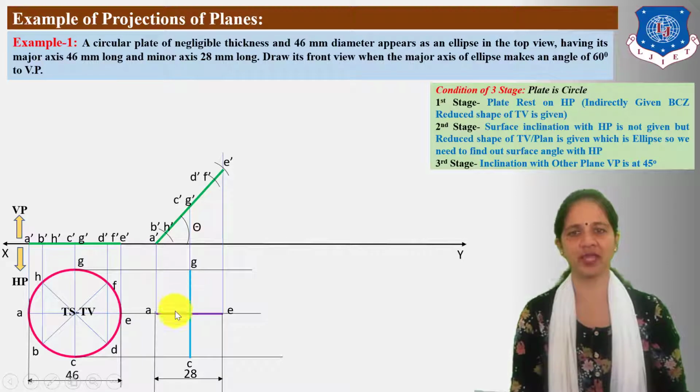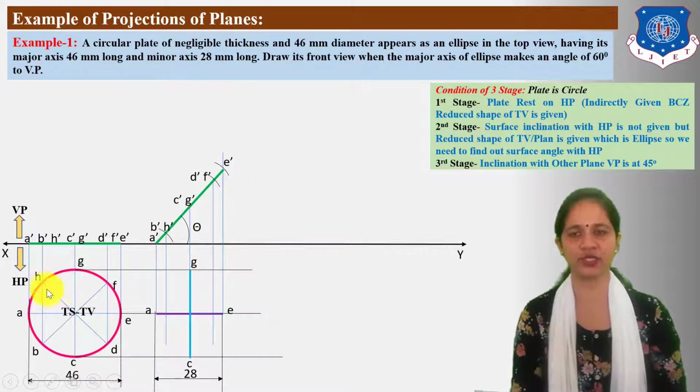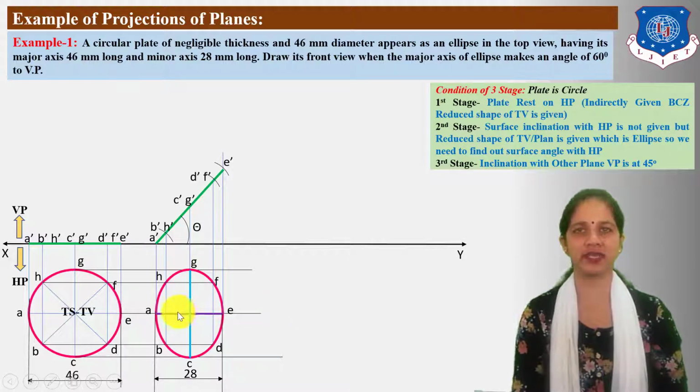Next, for the location of H, B, D, F in the reduced shape, draw downward projection lines from the B dash H dash and D dash F dash points and draw horizontal projection lines from the true shape. Here the horizontal and vertical projection lines intersect at one point. So mark here the H, B, D and F points. Connect all these points freehand in the form of a curve. So this indicates the reduced shape in top view.